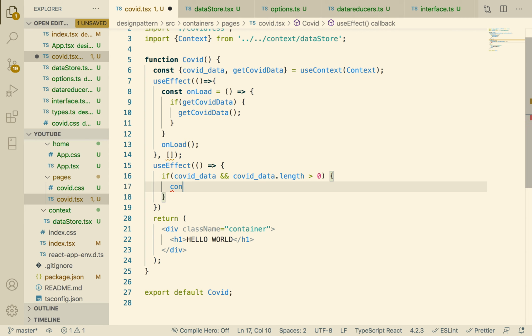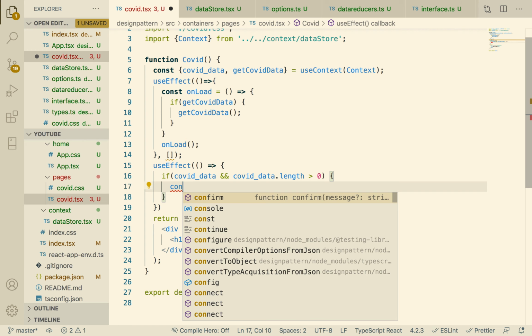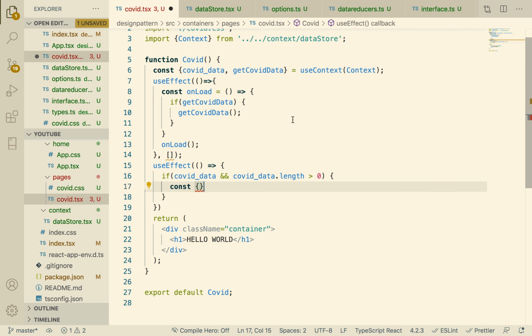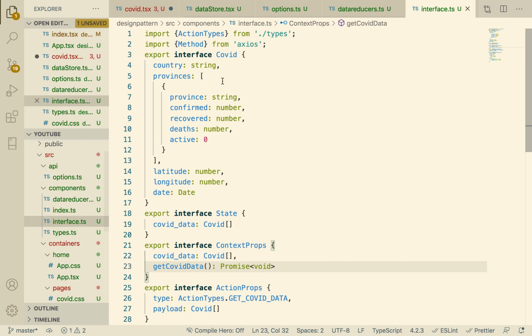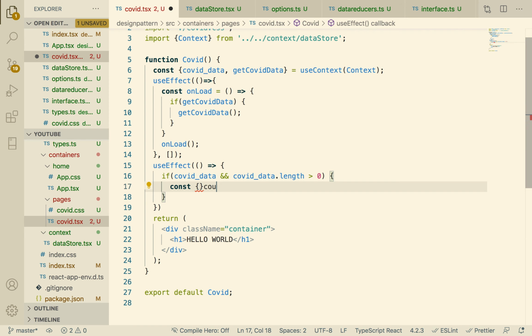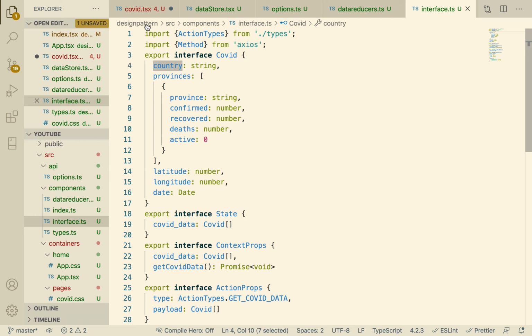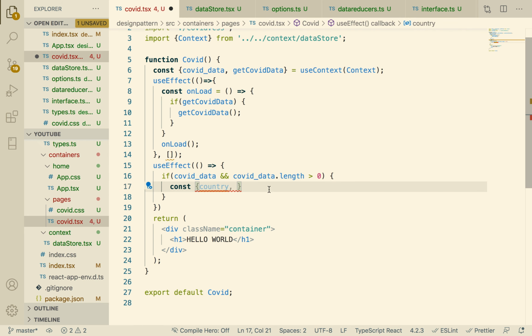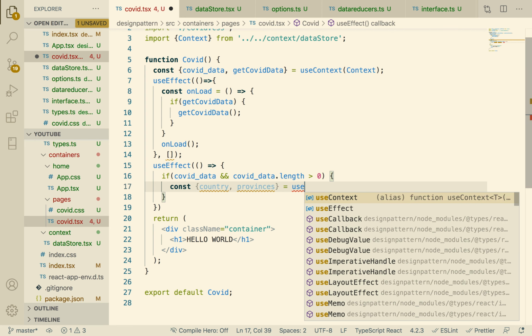So there's a bunch of things in covidData that we need. So let's const, we can destructure. If you don't know what I'm talking about, if you go to the interface, covidData has country and it has provinces. Those are the only two that I want. I don't want the latitude, longitude, and date. I just want the country and the provinces. So I'm going to destructure those out. Country, and provinces. So now we can say this is covidData,